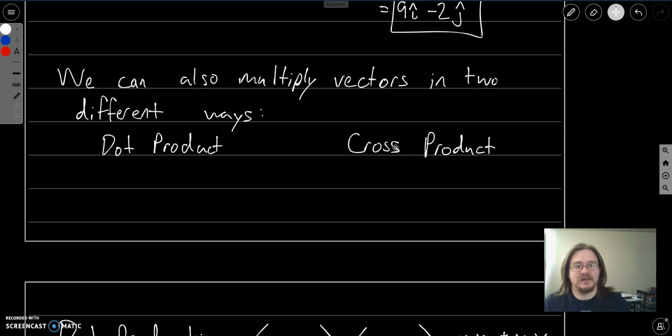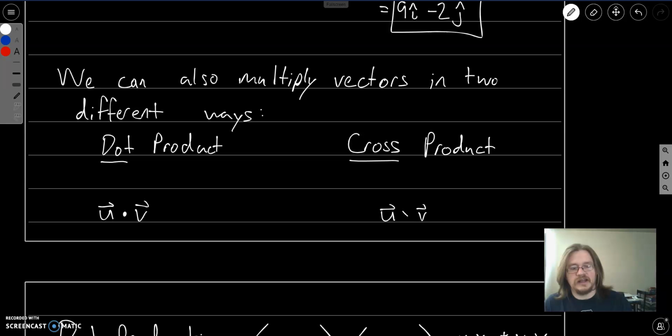Hello and welcome back. In this video we will be continuing looking at products of vectors, and the first thing to know is that there are actually two different ways to take the product of two vectors, to multiply two vectors. We can take the dot product and we can take the cross product, and these are using different notation. So if I want to take the dot product of u and v, it's called the dot product, we use a dot. A cross product,